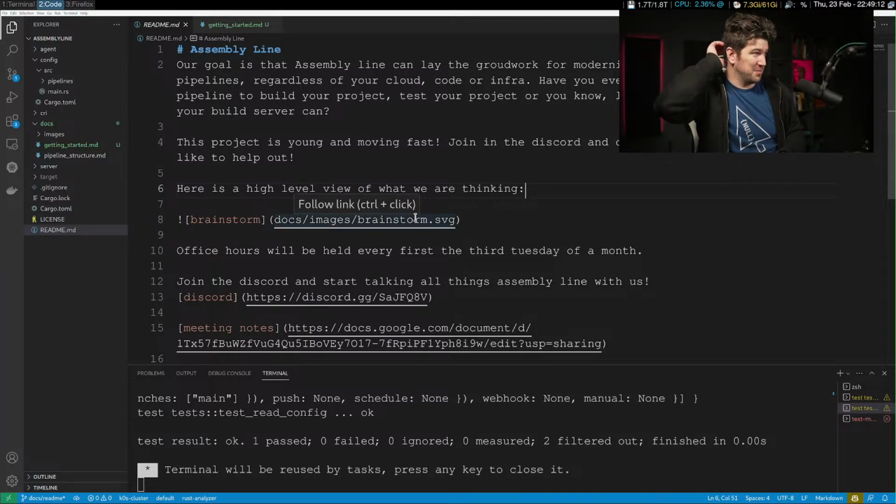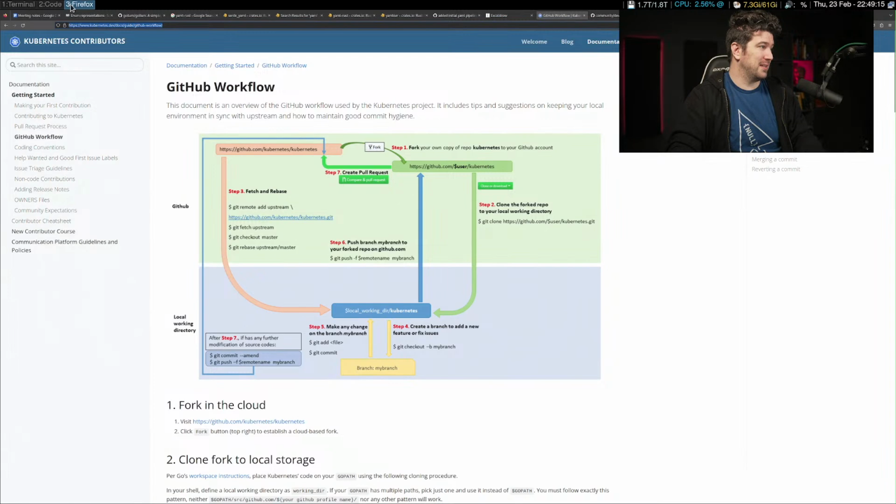I don't like this brainstorm because I don't think it makes sense if you just look at it.